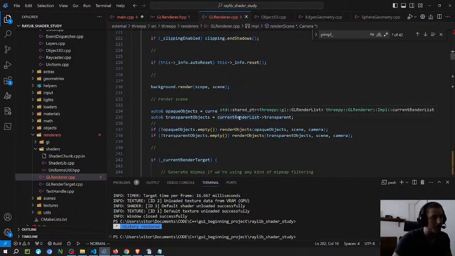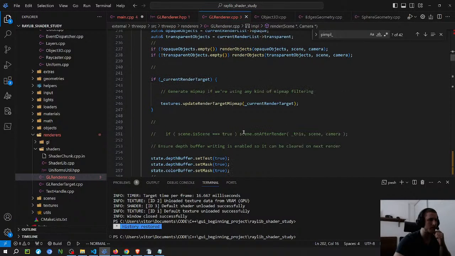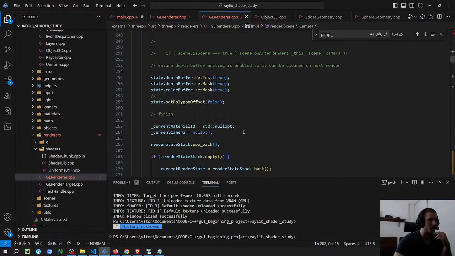I think from what I remember from 3JS, this is the function that renders objects, and then it's going to be inside of this function that you call some other functions that are going to call the draw calls from the shader. But maybe it's on the initialization that's the shader, because I think it's on the initialization of this